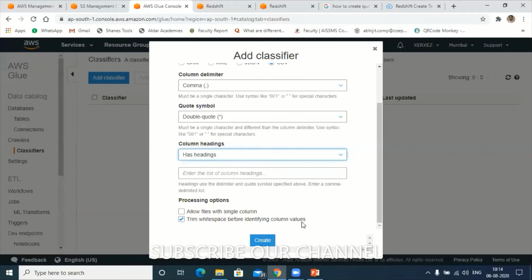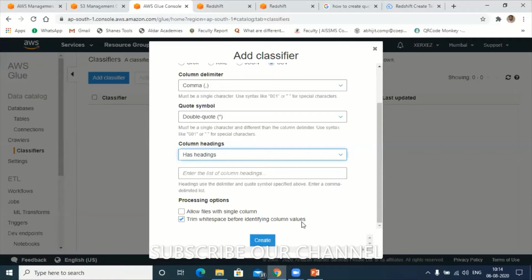Sometimes what happens, most important, even I have experienced this while writing and executing Python programs. When you have spaces between two values, let us say sunny and warm, if you place any spaces before or after the comma, it will not give the result.